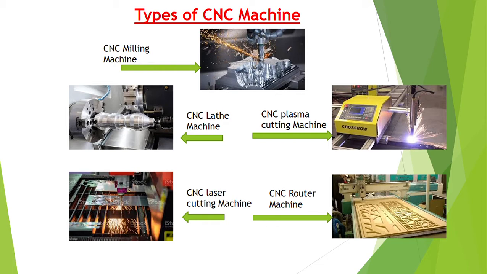The fourth one is the CNC plasma cutting machine. Plasma cutters are used to cut metal and wood and do not require as much power as a CNC router. These machines use a plasma torch to penetrate wood or sheet metal. Plasma cutters use a plasma torch to cut sheet metal. They are ideally suited for cutting 2-dimensional shapes.